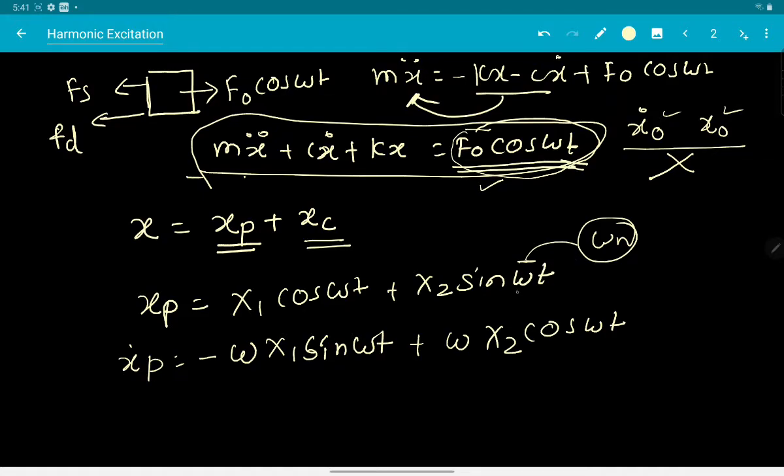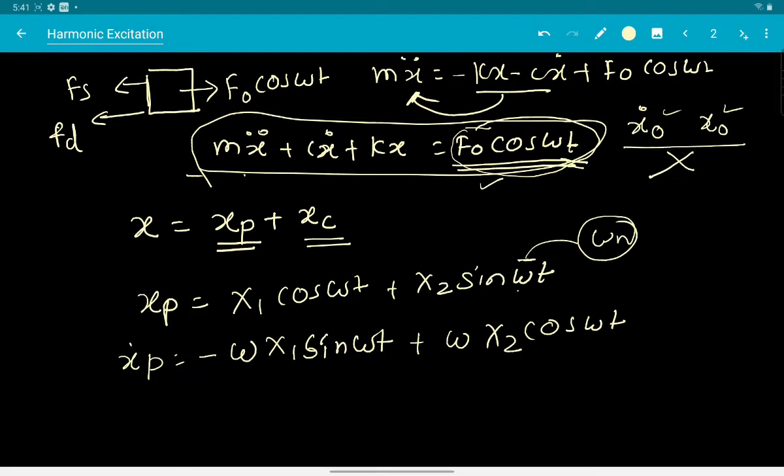Omega can take any value, one of which can obviously be omega n, and we are going to see what happens to the response when omega has certain values with respect to omega n. How far off omega is from omega n, and how exactly the system's response changes with that, we are going to have a look at afterwards. But keep in mind that omega can be anything; it need not be equal to omega n. So we have derived x dot p.